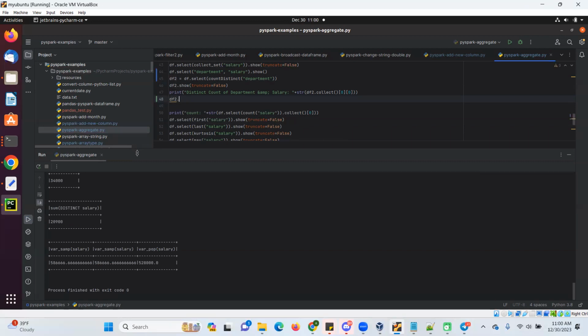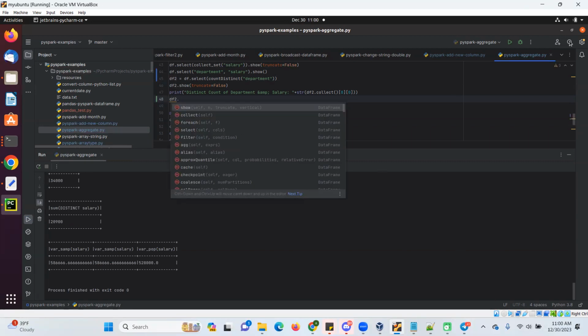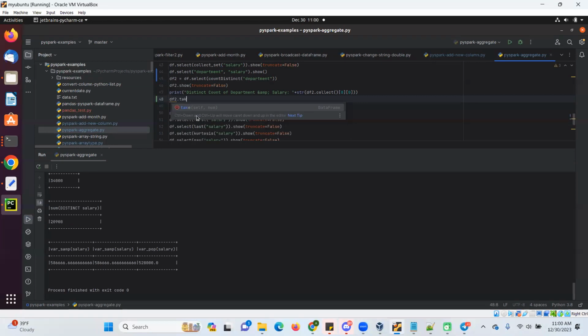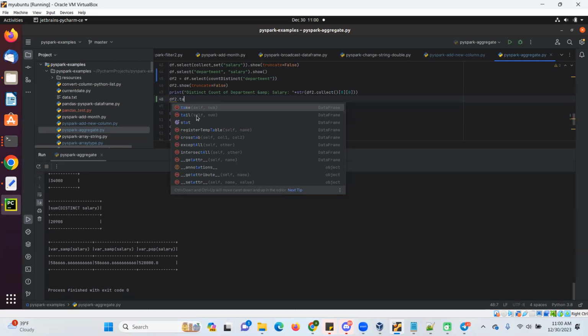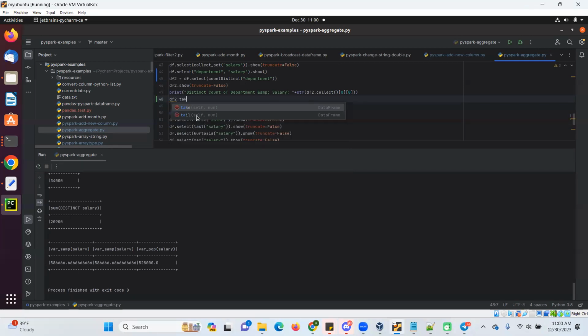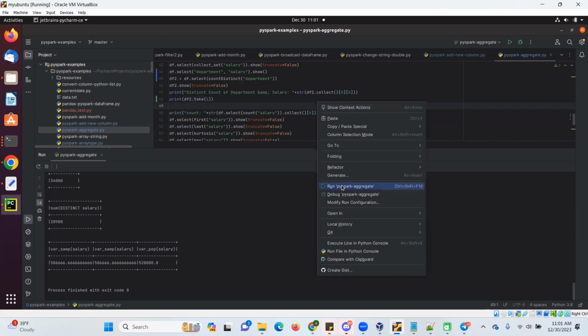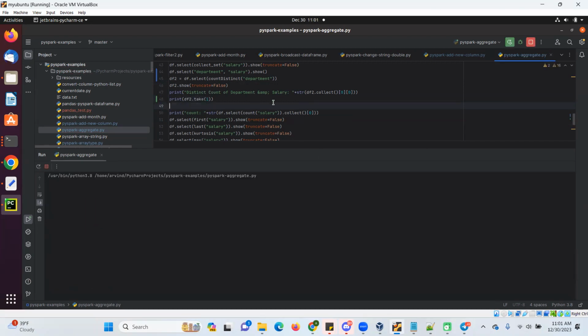Data frame 2 dot, let's see, data frame dot show, collect, take. We have to give the number of which record we want to take. Show, we can do, and then